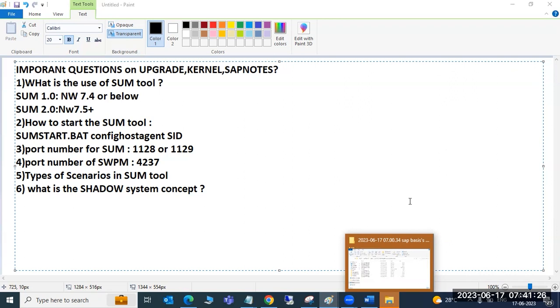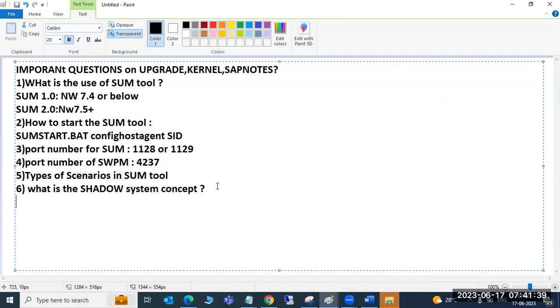If something goes wrong, your system will be corrupted, then you need to restore the system back to the previous status. Like that, you have to talk at least 1 or 2 minutes about the topic. Not like short answers. Few are short answers, like port number, SWPM. But some of the things you shouldn't answer in short. If you give short answers, they will keep you on hold.